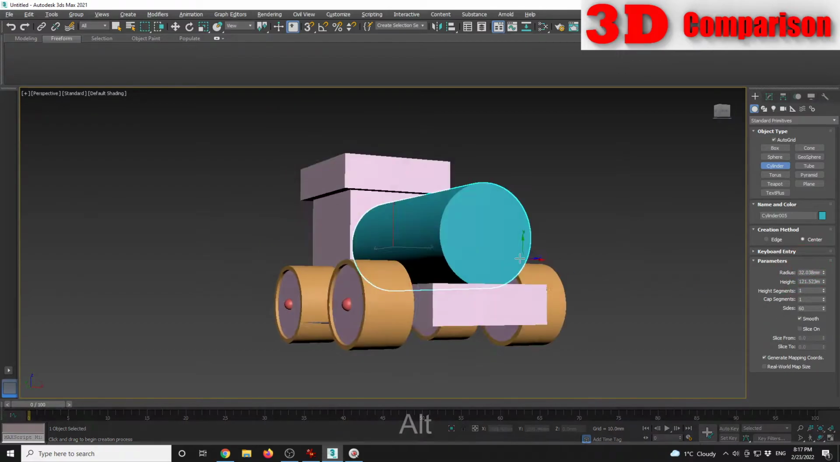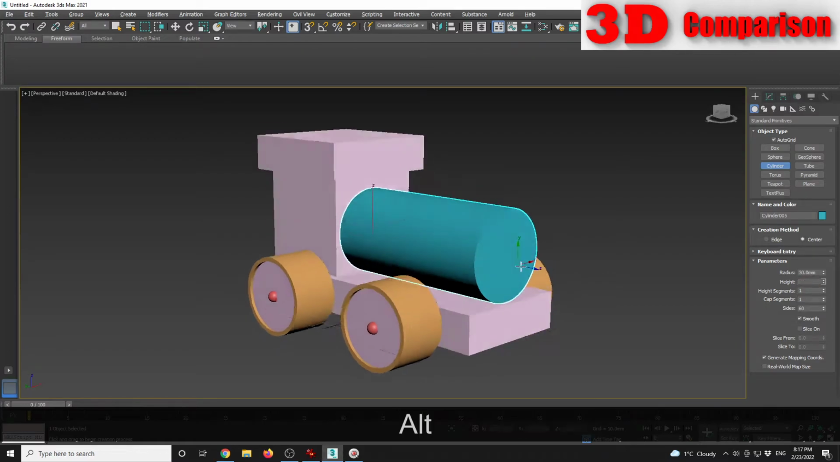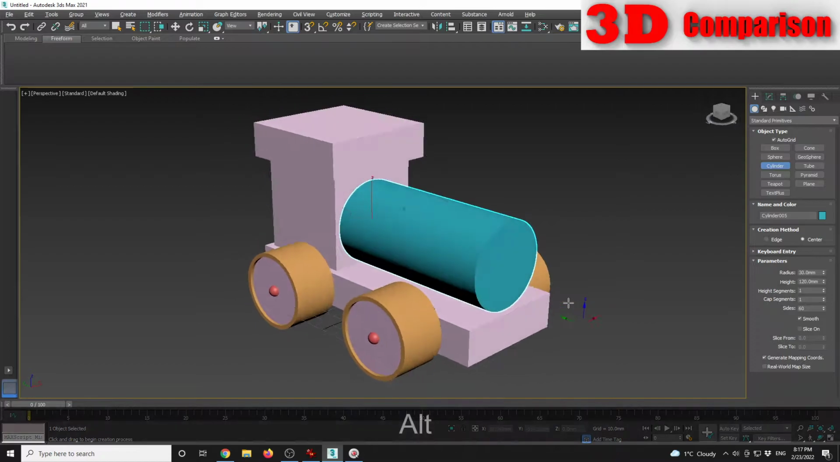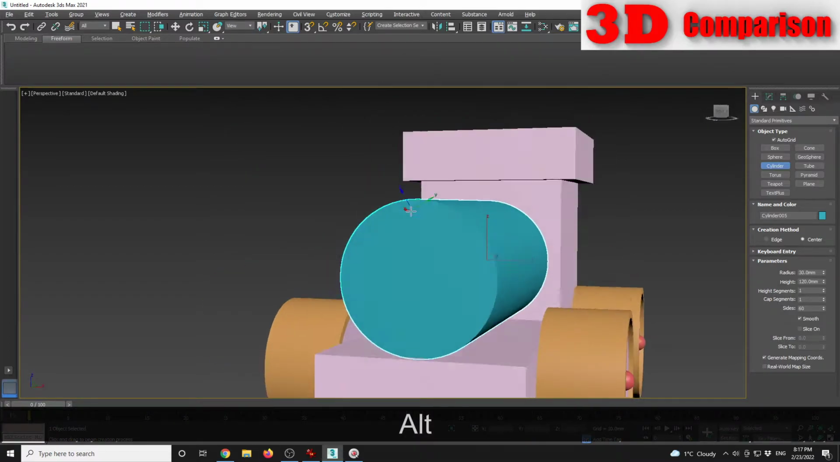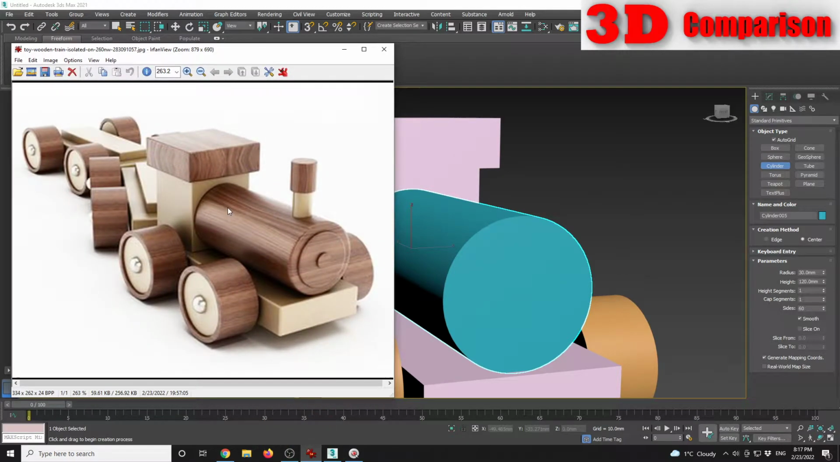So maybe for the radius we'll go something like 30, height 120, sides I will let it be 60. And now I can position and align this according to the box. If I check the reference,